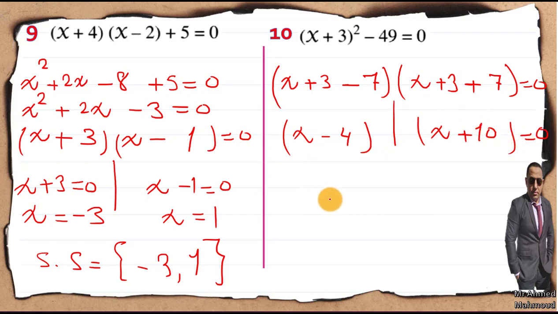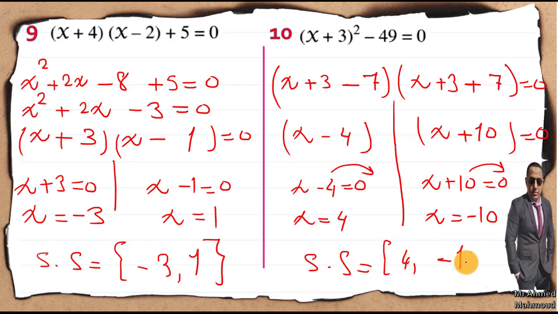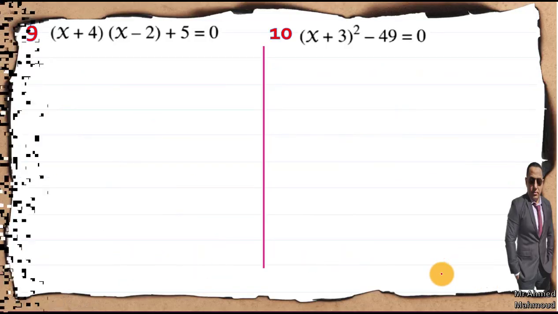Here x minus 4 equals 0 and x plus 10 equals 0. So send 4 to the right side, so x equals 4, and send 10 to the right side, so x equals negative 10. So the solution set equals 4 and negative 10. Next,